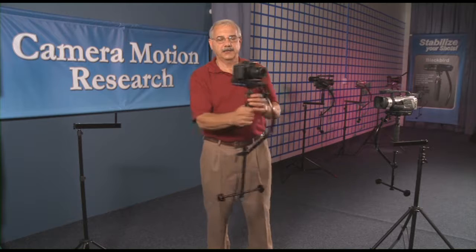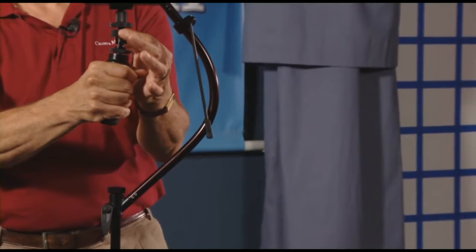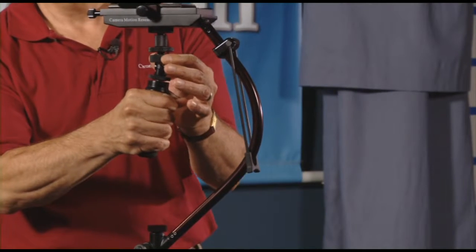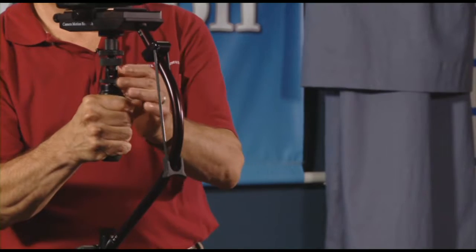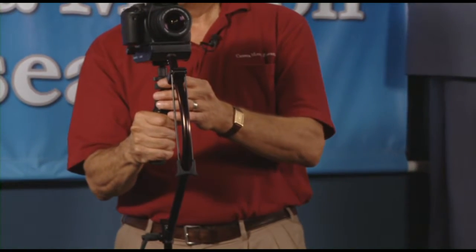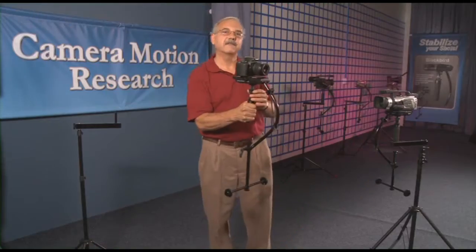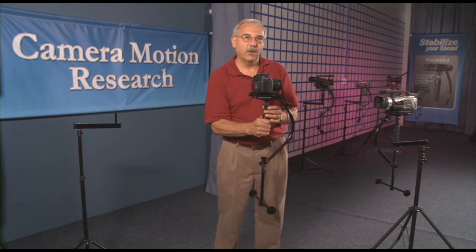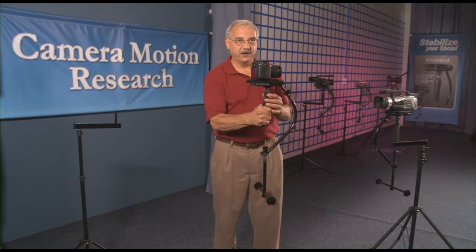The other thing I want to say at this time is that earlier I talked about controlling the BlackBird with your control fingers, thumb and index finger, and that's what you'll really be practicing more than anything else in your walking around shots to keep the camera steady. But there's also a role for your supporting arm. The role is that your supporting arm can provide a little bit of a spring buffer to your body movements, to help smooth out the body movements, so you are using your supporting arm to keep the camera smooth. It's the kind of thing we all learn walking down a hallway carrying a cup of coffee. It's something that becomes automatic, and of course with a stabilizer you just have a heavier object, but it's important